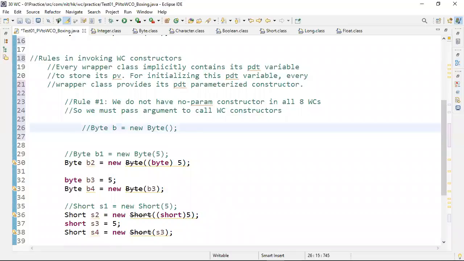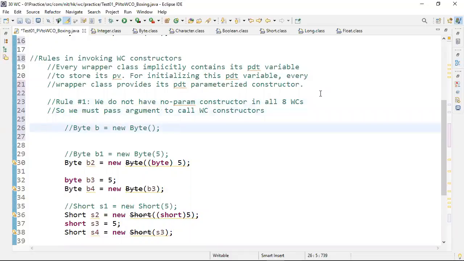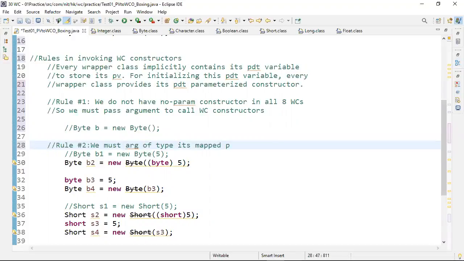Rule number 2. What is the rule number 2? We must pass argument of type it's mapped primitive data type value.